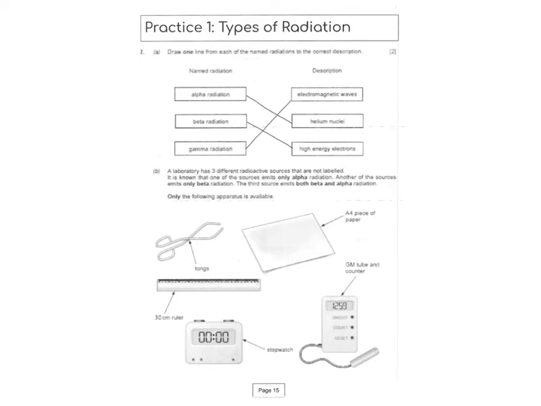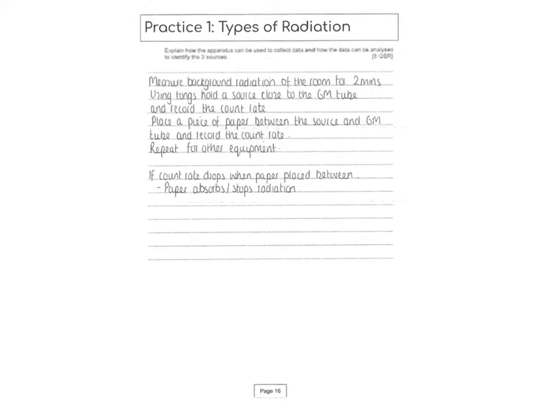A laboratory has 3 different radioactive sources that are not labelled. It is known that one of the sources emits only alpha radiation. Another of the sources emits only beta radiation. The third source emits both beta and alpha radiation. Only the following apparatus is available. Explain how the apparatus can be used to collect data and how the data can be analysed to identify the